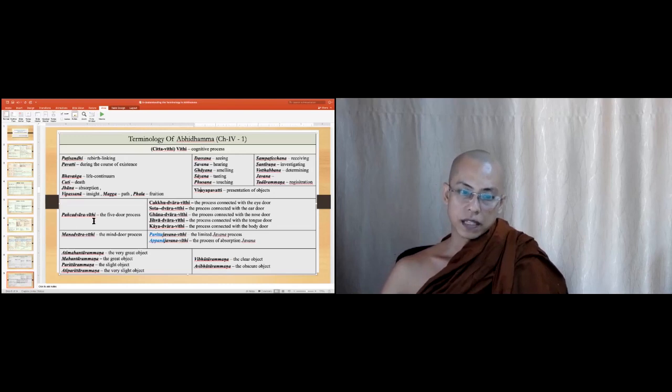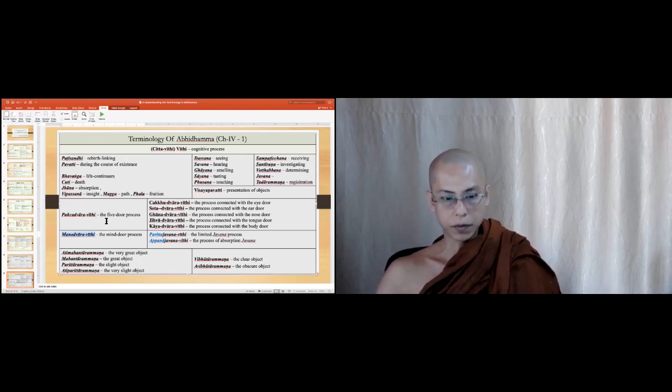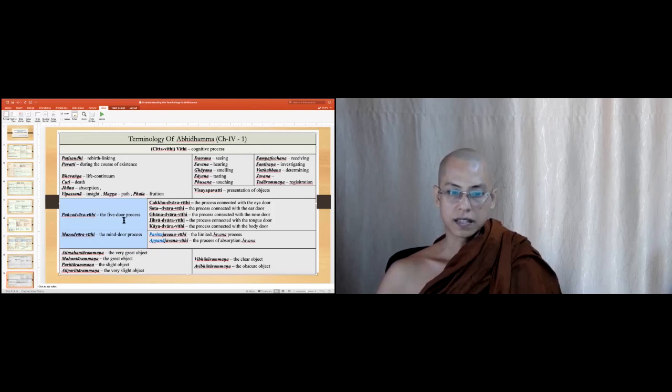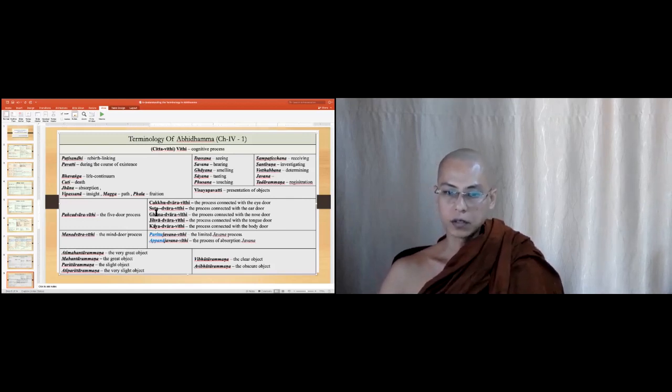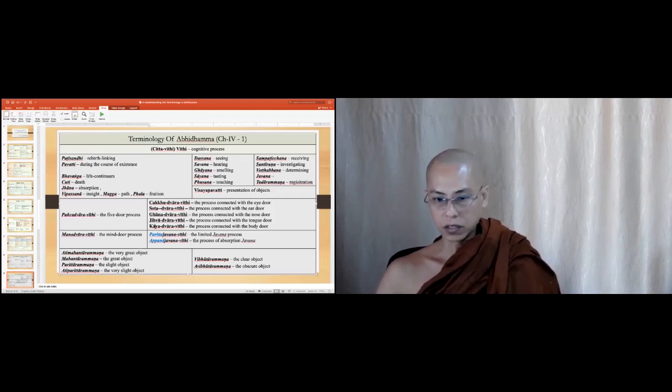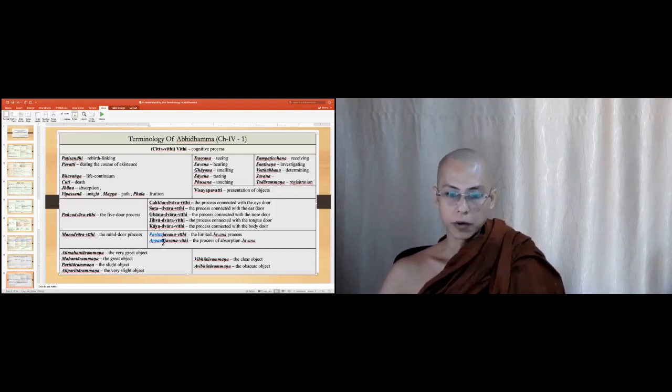Okay, then the Panchadwara Viti and Manodwara Viti are the types of mental process, cognitive process. So five-door process and mind-door process. As I said, there are six types of door, so five doors and mind door become six doors. The five doors refer to Chakku, Sota, Gana, Jivha, Kaya. The process comes through the five doors, so it is called in this way. And the mind-door process will be